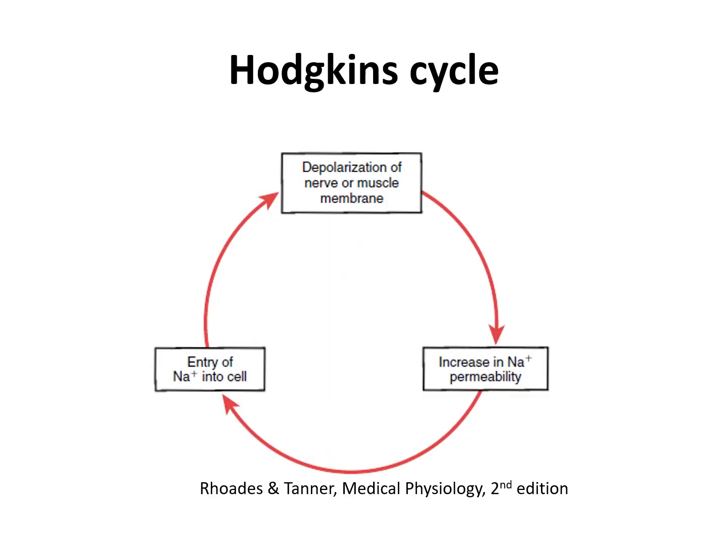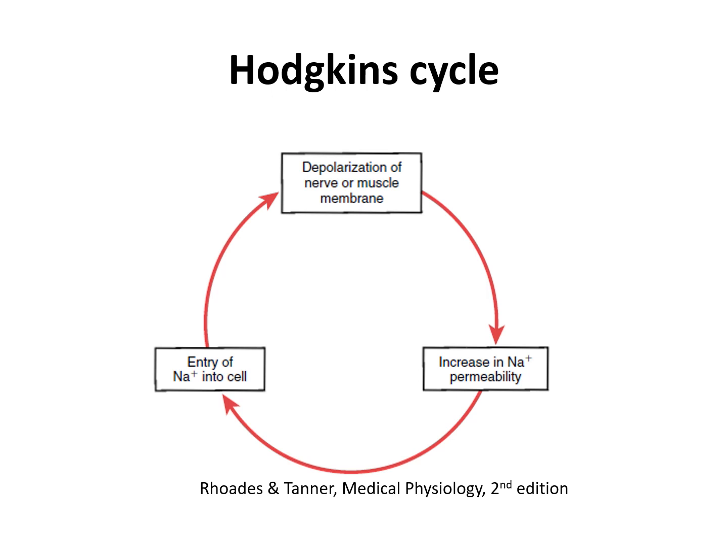And here we have the second example. The generation of nerve signals by the vicious cycle of the progressive leakage of sodium ions from the channels set up following stimulation of the nerve fiber membrane is due to positive feedback. So here we can see clearly whenever sodium enters into the cell, this depolarizes the nerve or muscle membrane, which in turn increases the sodium permeability by opening more sodium channels. So this in turn increases the entry of sodium into the cell. So this cycle repeats. This cycle is also called the Hodgkin cycle. So this is one of the mechanisms of how the